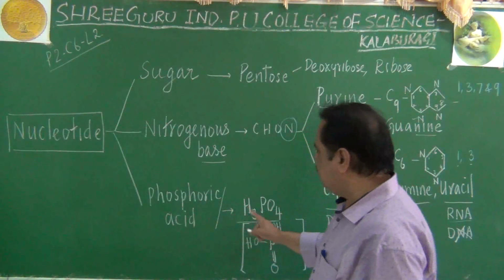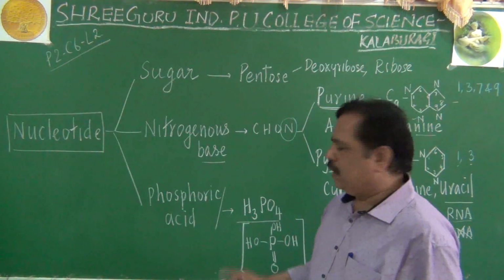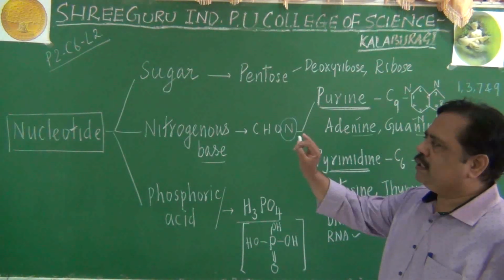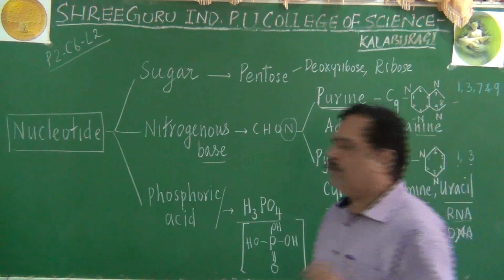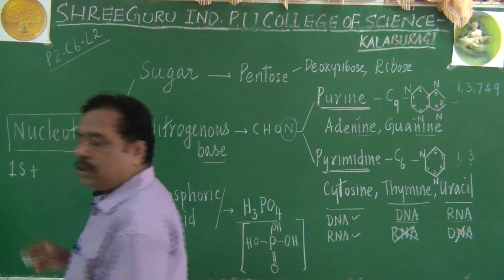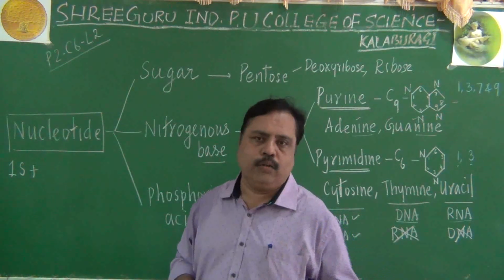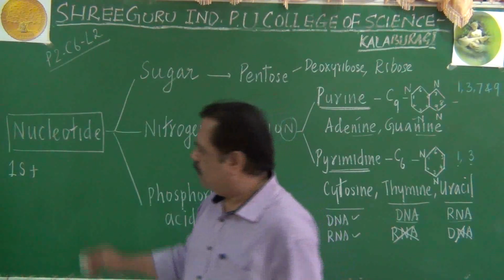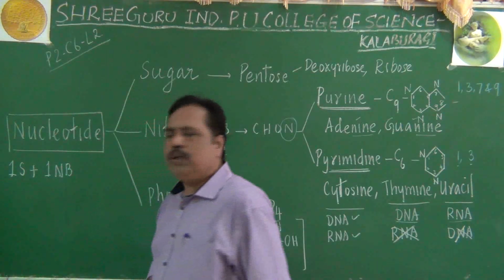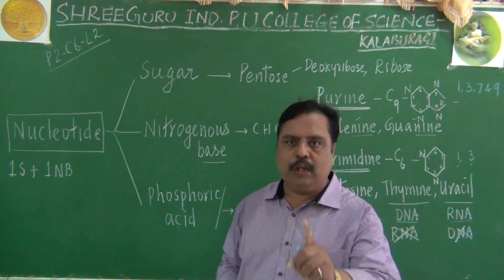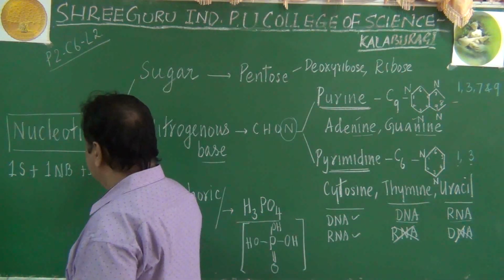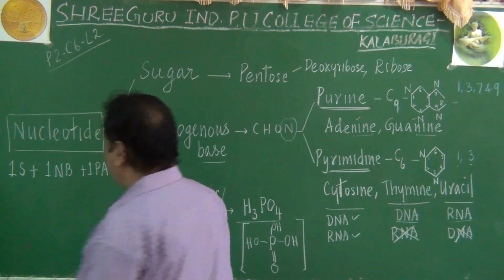Thirdly, phosphoric acid we have seen, H3PO4. I told you that molecular formula also. This is the basic structure of a nucleotide. So in a given nucleotide, there will be only one sugar molecule, not both of them will be found in any nucleotide. Any one only will be present. Only one nitrogenous base, remember, even though there are 5 types of nitrogenous base, any one only will be present here. Then I told you there will be one phosphoric acid. Of course, in phosphoric acid there is only one type.